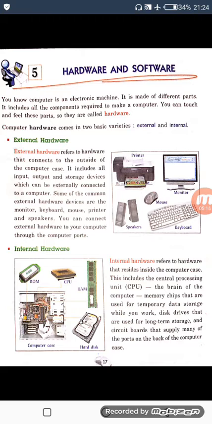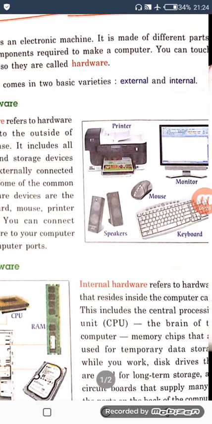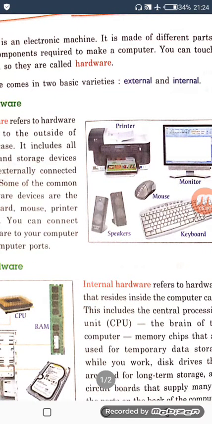So let's study external hardware. External hardware refers to the hardware that connects to the outside of the CPU case. So what are the devices that are connected to your CPU box? At the back of the CPU box there are some ports, or we call them sockets. We use a USB cable and we can easily connect our devices to the CPU for functioning.